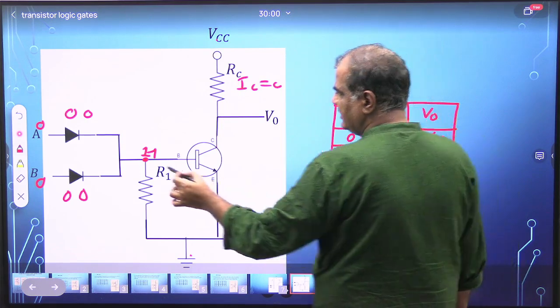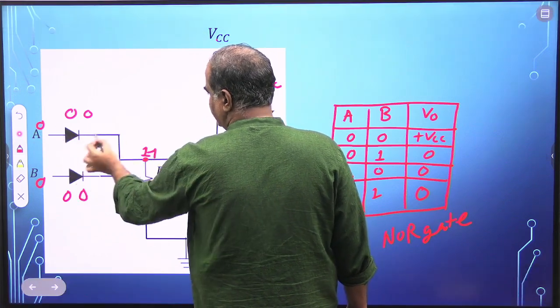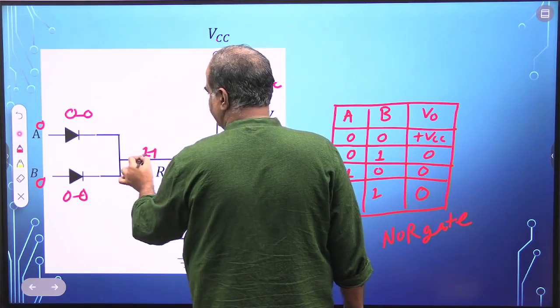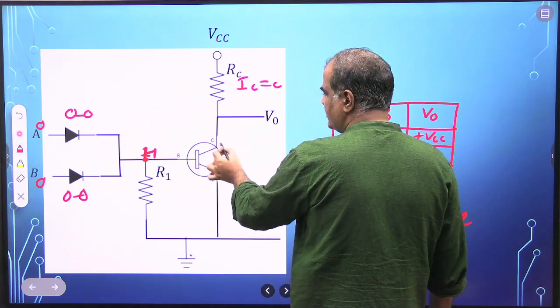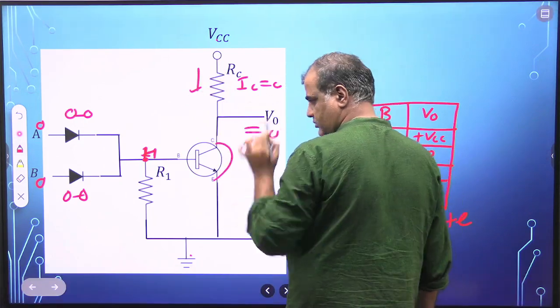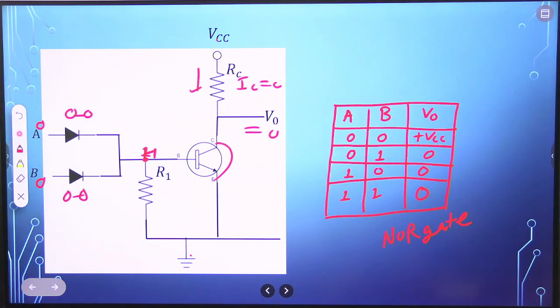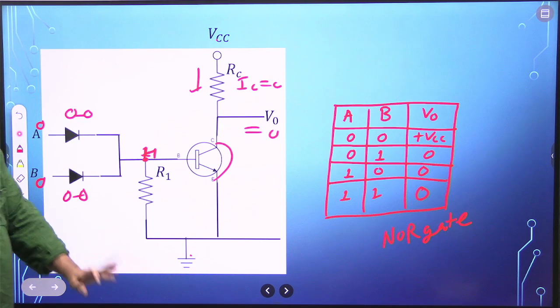And when this is very high, okay, so if any one of them is high, this point will become high because this becomes short circuit. So whenever this becomes very high, then this transistor goes in saturation, very high current flows. So voltage comes here 0. Okay. So cutoff में पूरा voltage आएगा and saturation में क्या आएगा? आपका जीरो आउटपुट आएगा, अगर आउटपुट इस तरह से ले रहे हैं, ये तो इतना याद रखना है बस।